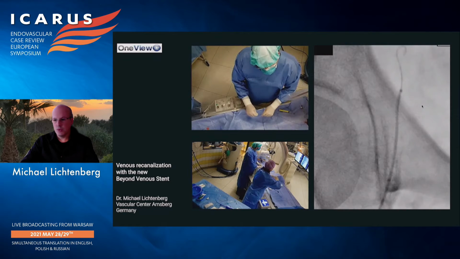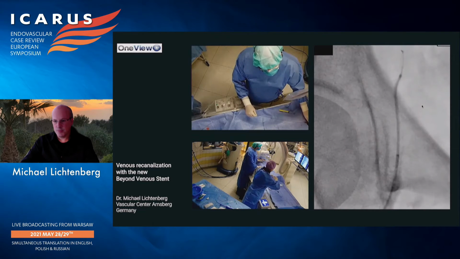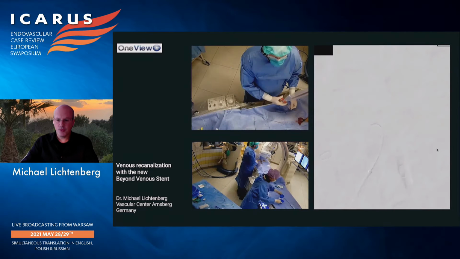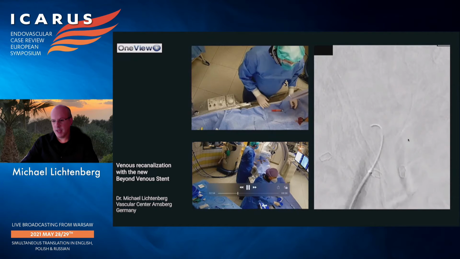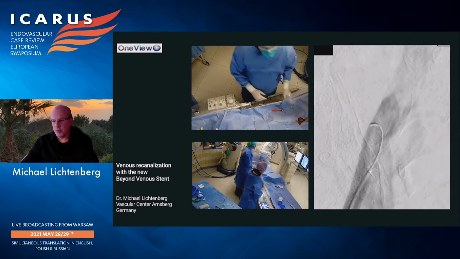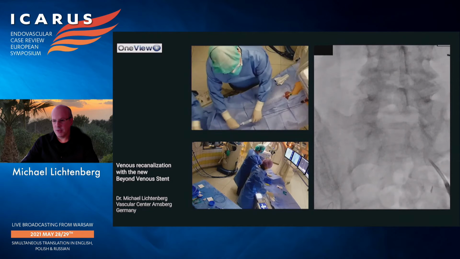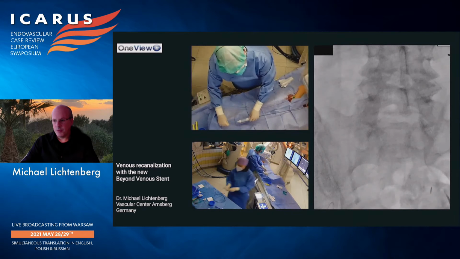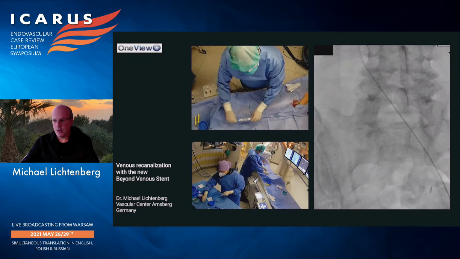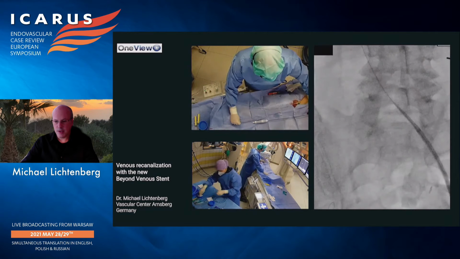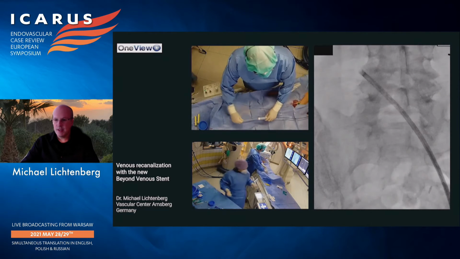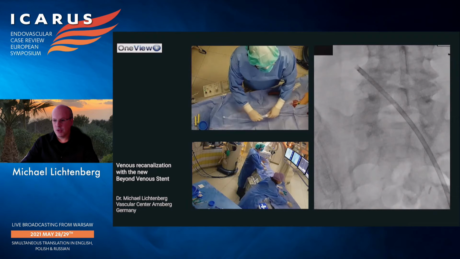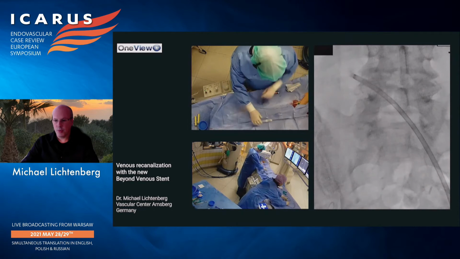Of course, you could also do a transjugular access as mentioned. My preferred choice is in most of the cases to use an up and over maneuver. Then you also have the chance to perform balloon angioplasty or even stenting from the contralateral side. So for that purpose, we usually use an Oscor Dura sheath. This is a 10 French Oscor sheath, as you could see here, which we brought up from the left